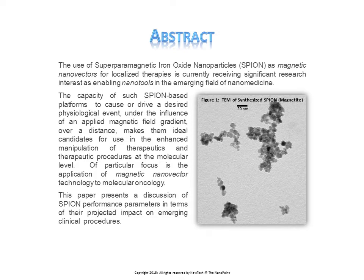As the therapeutic focus shifts to individualized or personalized medicine, technology platforms are being sought that can cause or enable a desired physiological event to occur primarily at a target site without harm to healthy tissue and organs. This is especially true in cancer chemotherapy, where cytotoxic drugs often have unwanted side effects that affect both dosing limits